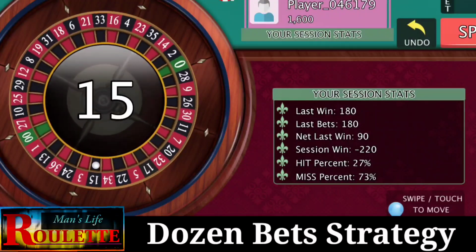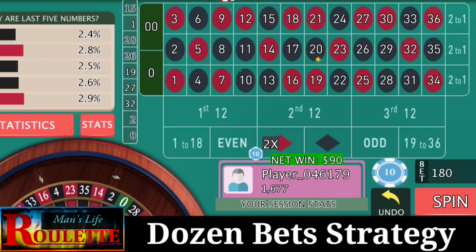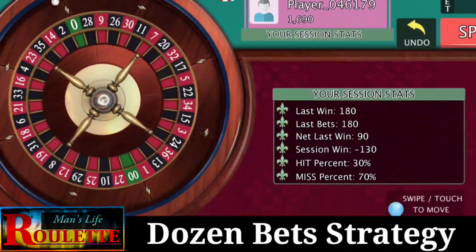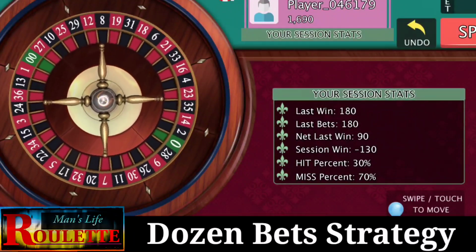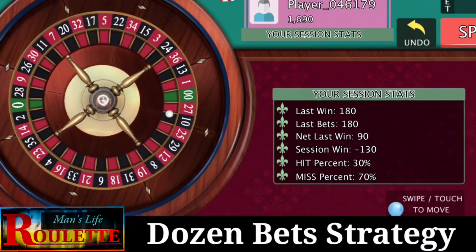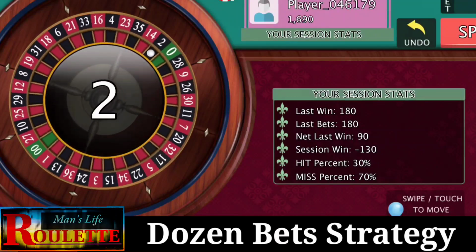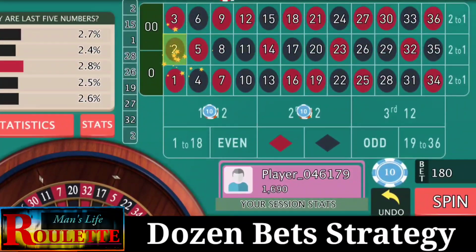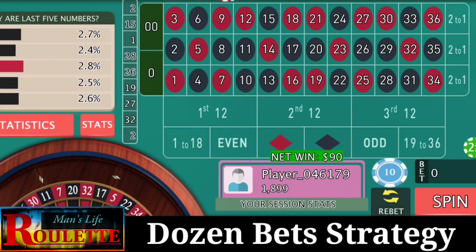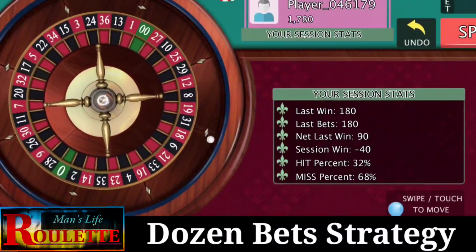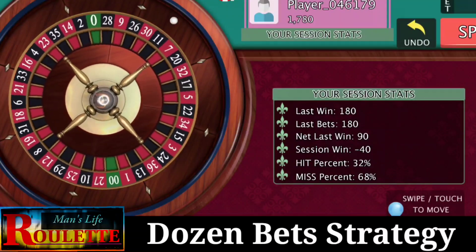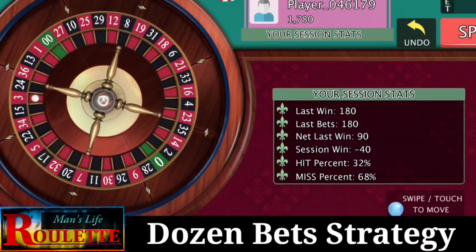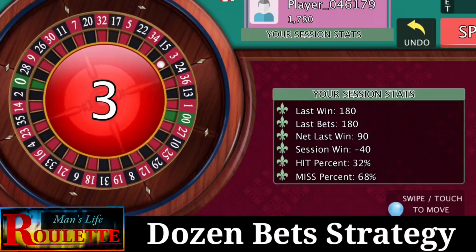This time 15, again I win over here. My objective is to cross 2040, but up to yet I haven't crossed that high bankroll, so I'm just repeating and playing my bets. Okay, 2 this time, and again I win something, but still I haven't crossed the bankroll, so just repeat and play. 3 this time,